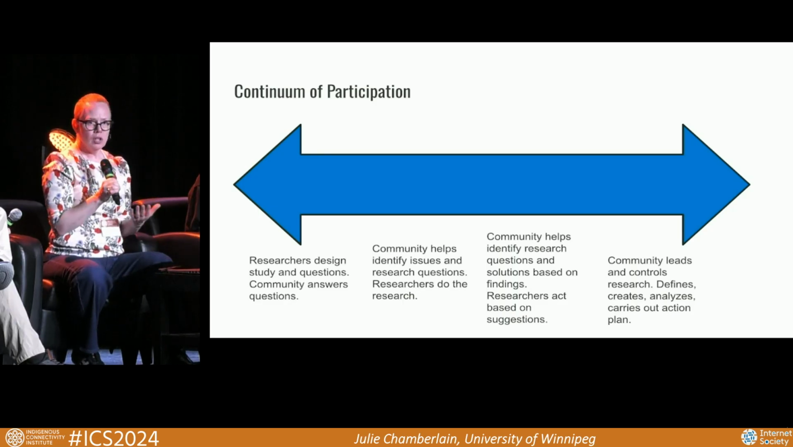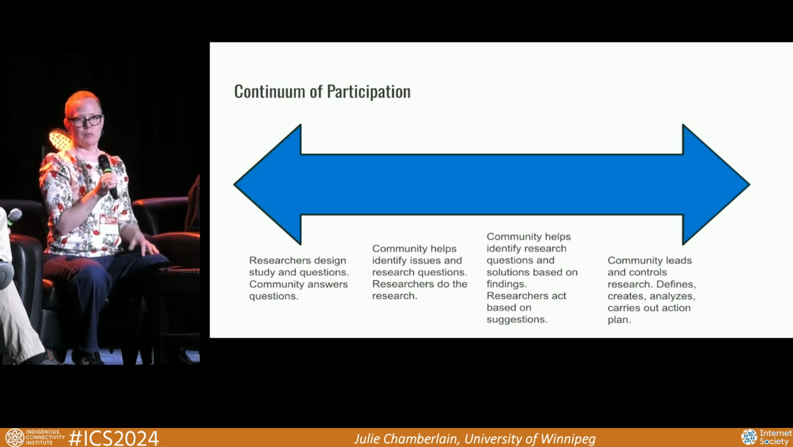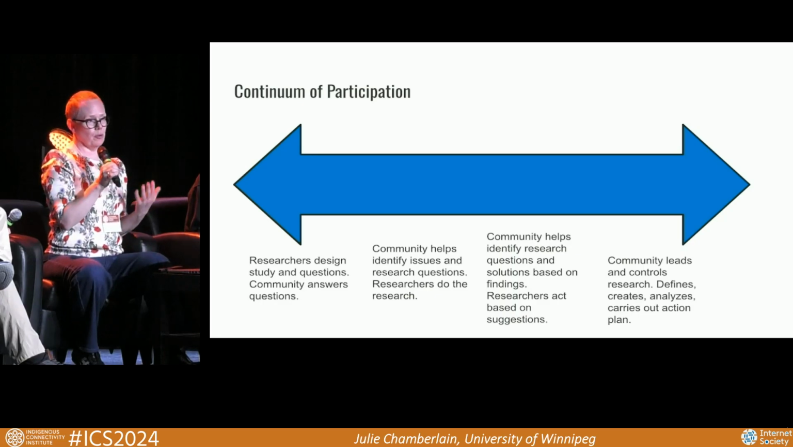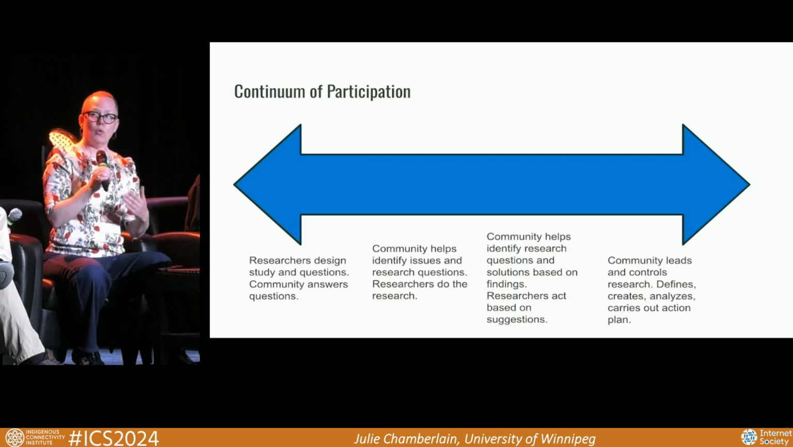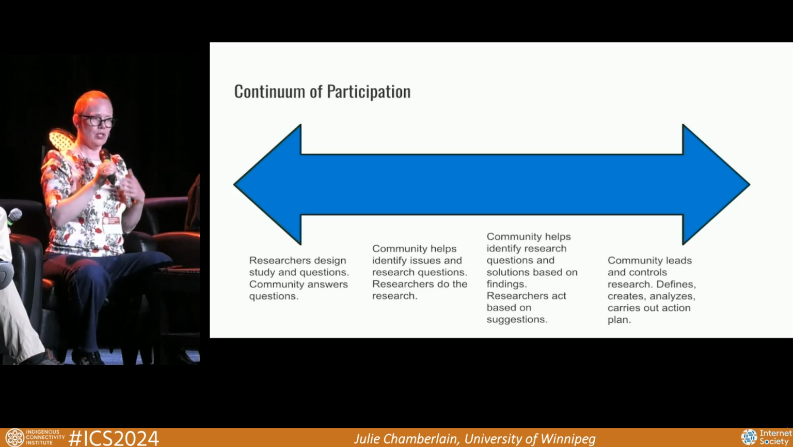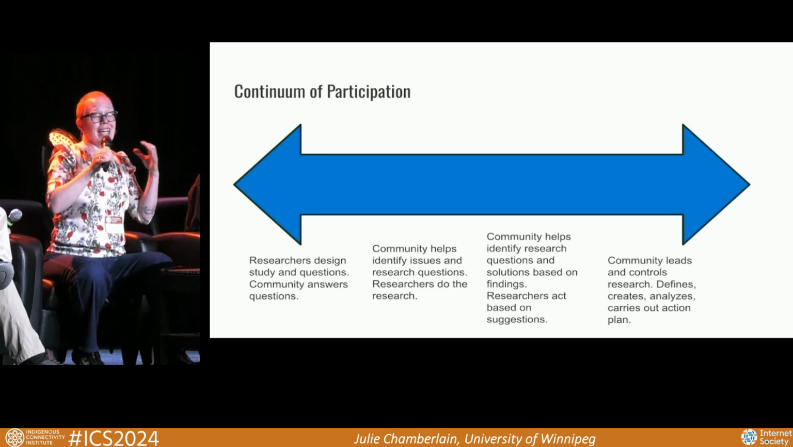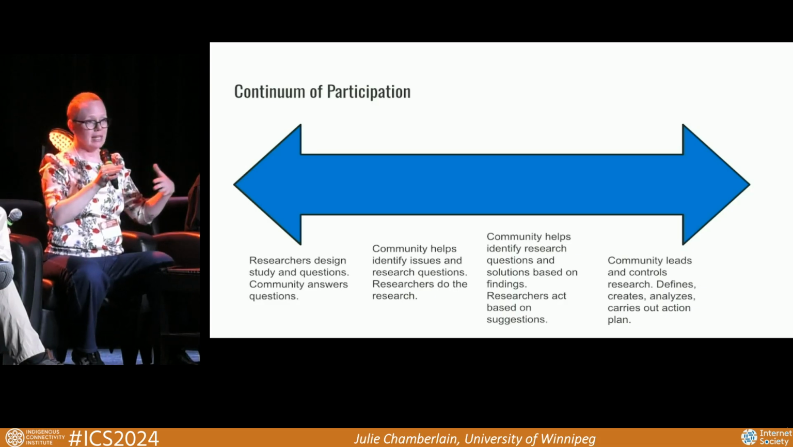In the middle, where it can be more participatory, is where community maybe helps to identify issues and research questions, but it's still the professional researcher who does the research. All the way to the right side, the further end of a deeper level of participation, which is often ideally where we're aiming for in community-based research, and sometimes we land somewhere in the middle because there are also practical